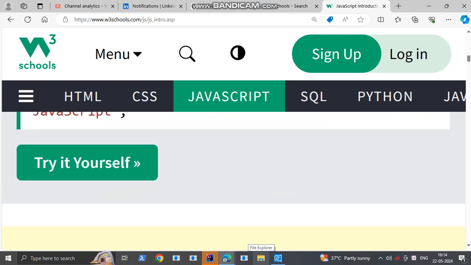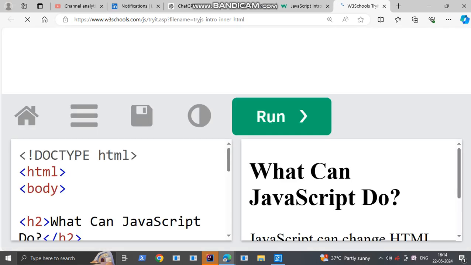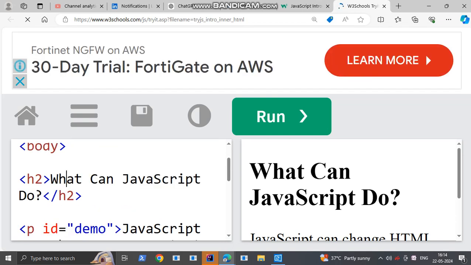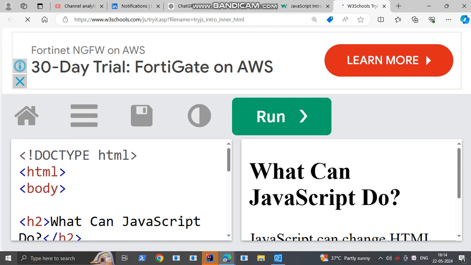Now let us see what happened here if I run this code. Here, doctype means this is called the HTML declaration. The declaration indicates that this is an HTML page.